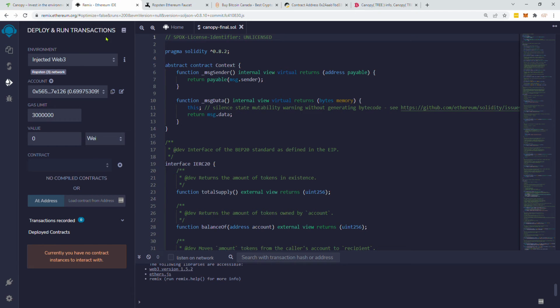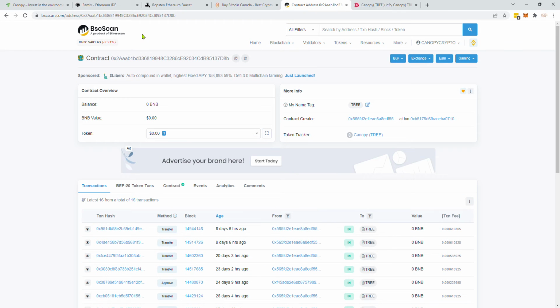This is again the Remix. You could do tutorials on that, but it's a great tool for that. And you can launch a token. In my case, I decided to launch on the Binance network. My token, which is, you go to